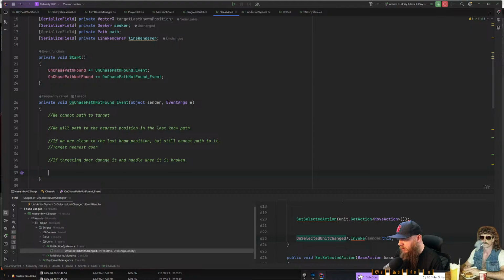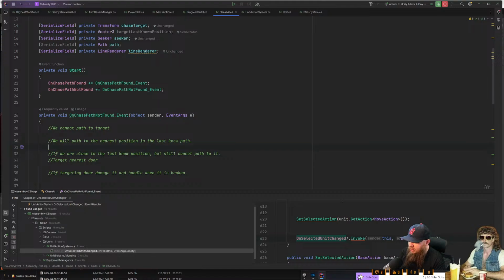I might make walls and doors all bustable. How about this? Instead of me trying to path to getting to the closest position, zombies would automatically just target the nearest wall or door piece,